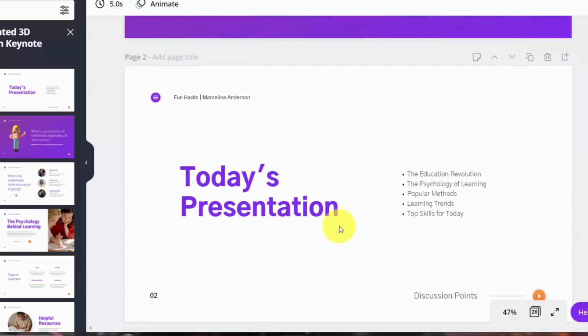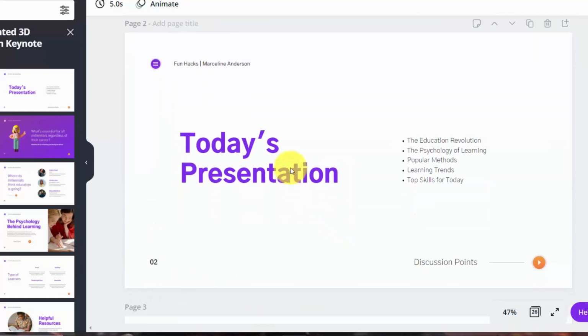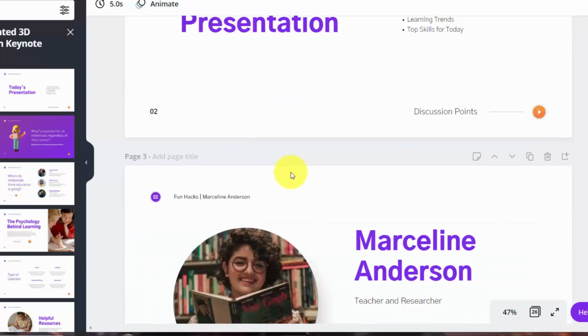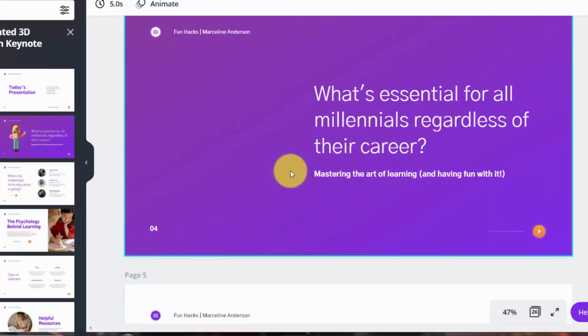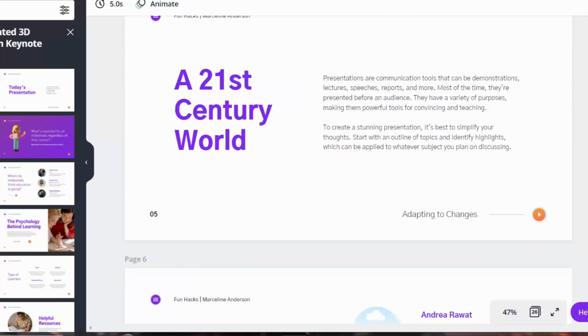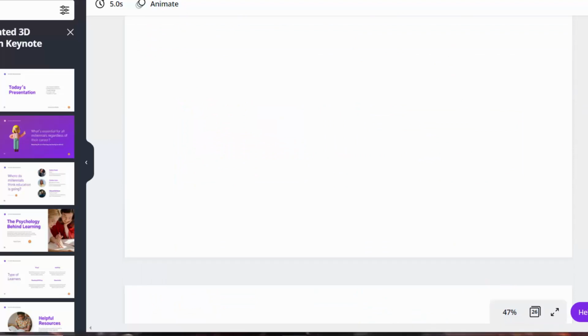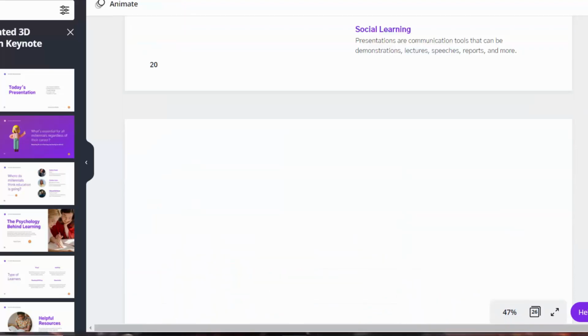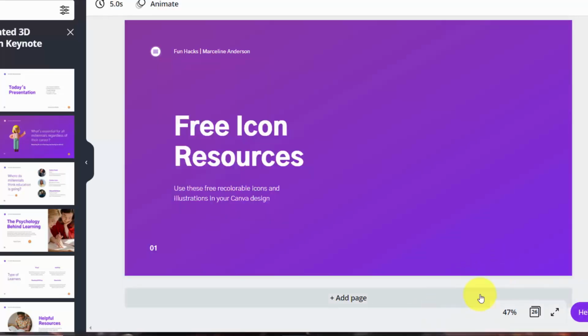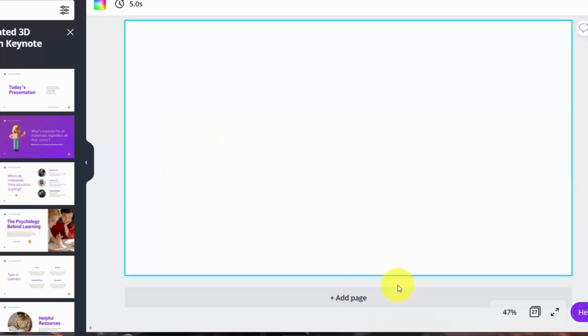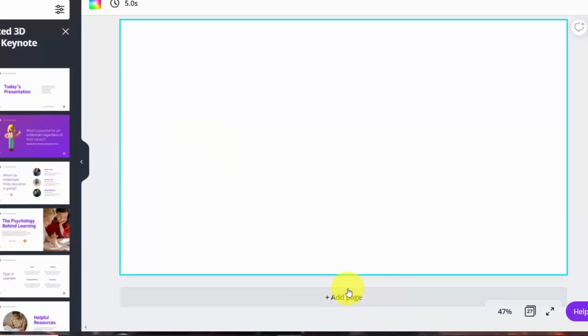Then this is the second slide that comes in front of you, or if the slide is not there, you can add different slides also. I will show you how you can add different slides. Now this is the interface we have chosen. Here this is the button, add page. You can add a page over here by clicking on add page.